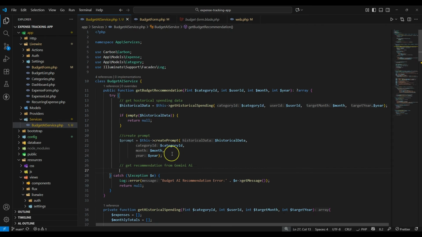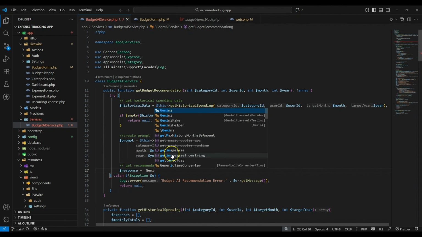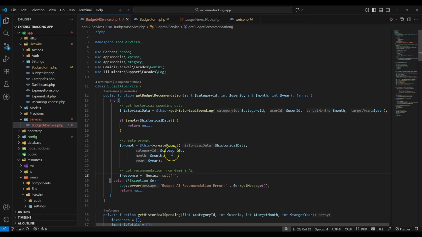Okay, so what we are going to do here is call the Gmail AI facade. So we are going to say response will be equal to Gmail. Okay, so call that facade, and then from that facade, what we are going to do is to say